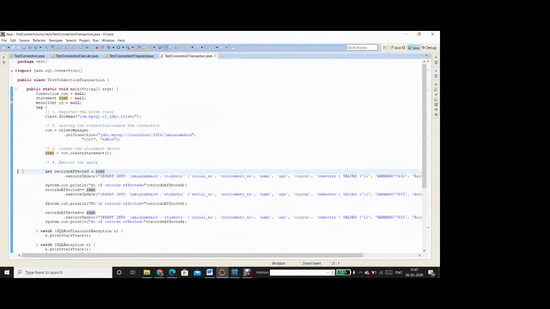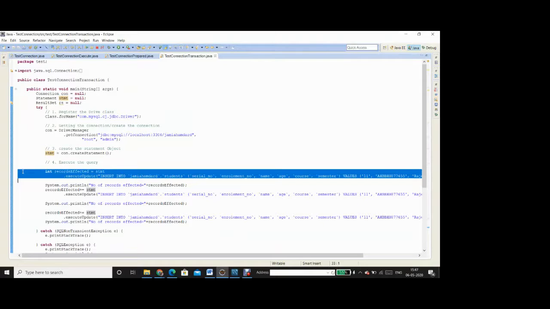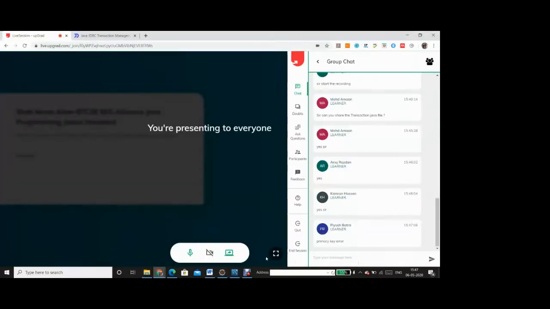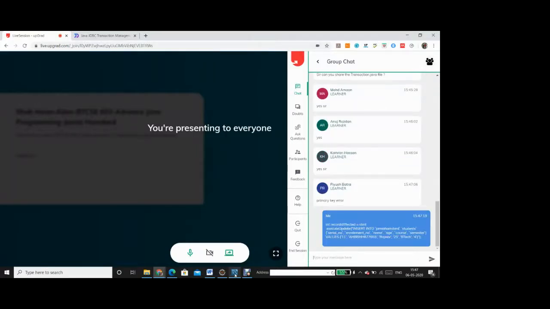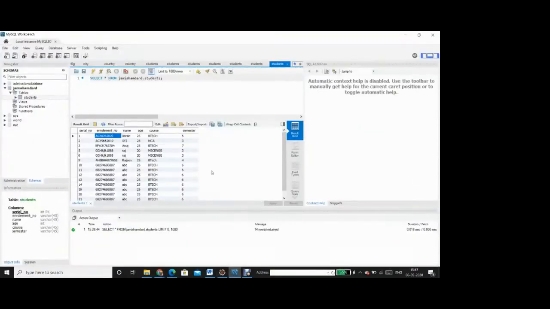Let me post the code in your chat box first, so that you can easily see it. And then here is the state of the database.